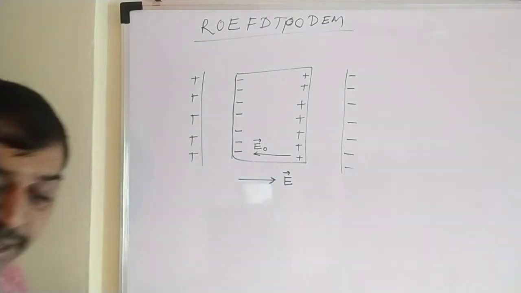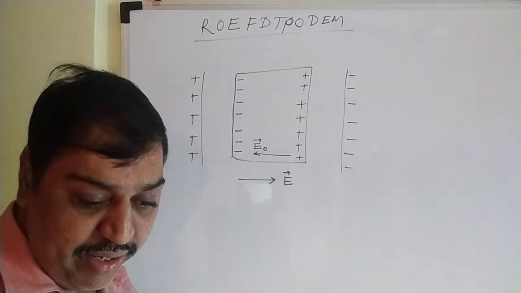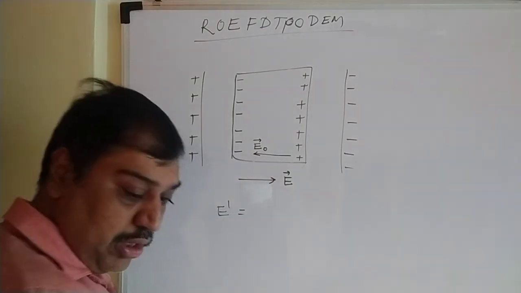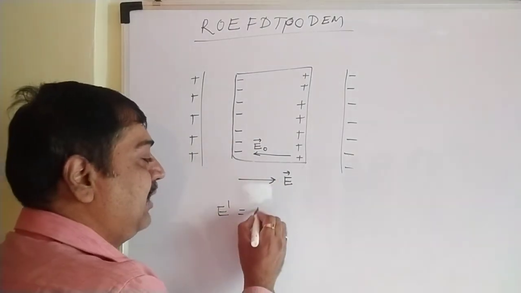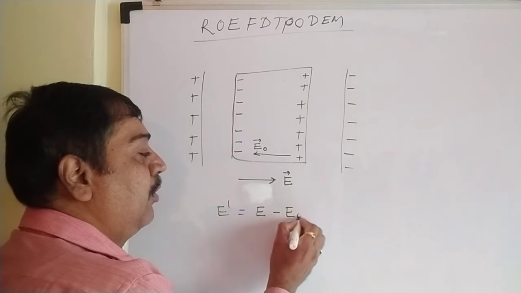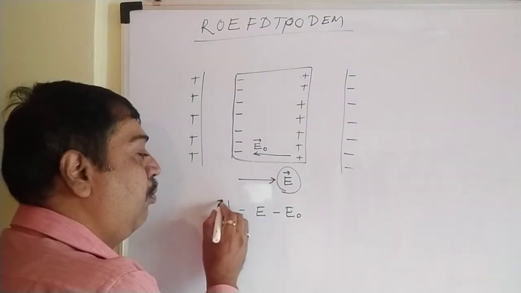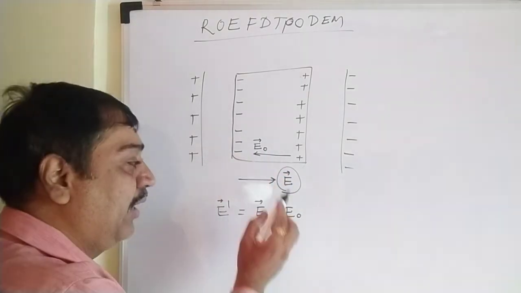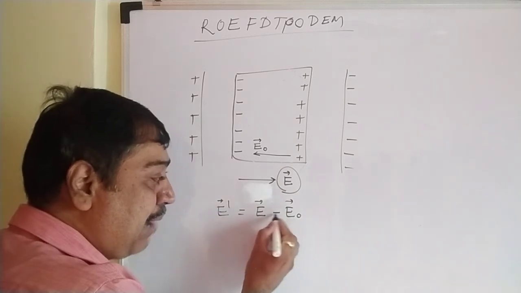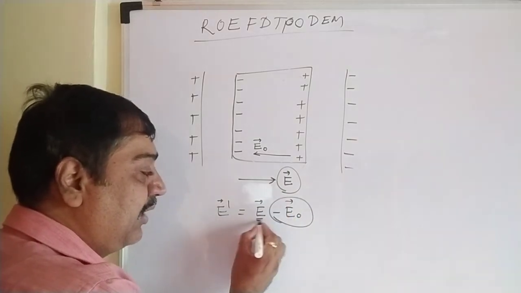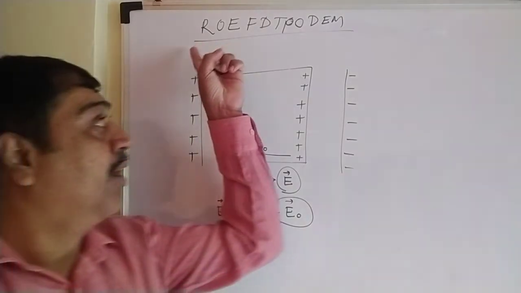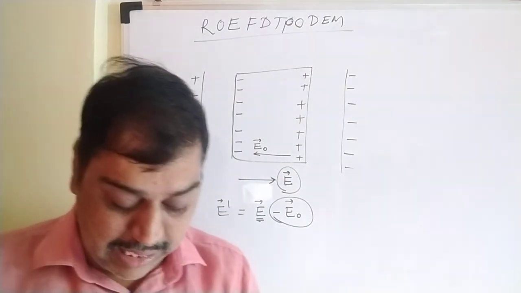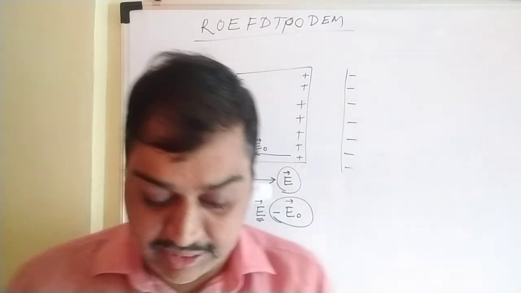The directions are opposite, means what? What should be the resultant electric field? Suppose the resultant electric field is represented by E dash, equal to what? It must be E minus E0. Initially we applied E. Now what are we getting? After the production of E0, that is polarization of the dielectric, the resultant electric field gets reduced. Minus means the electric field decreases, and that is said to be reduction of electric field due to polarization of the dielectric material, and the resultant electric field decreases in this fashion.